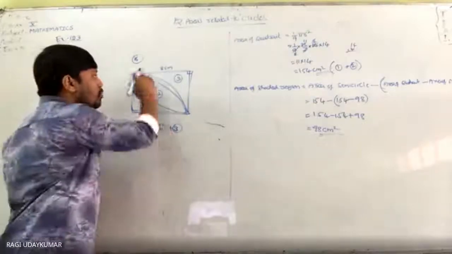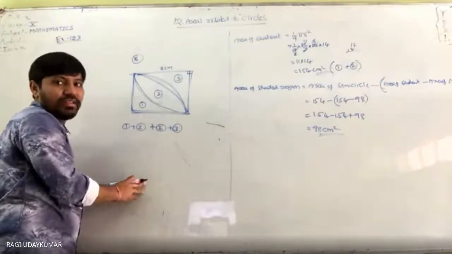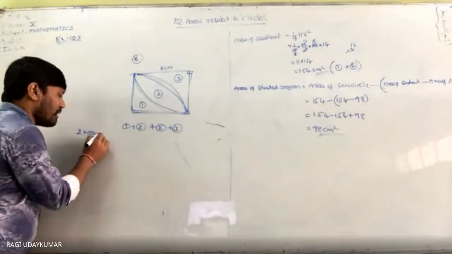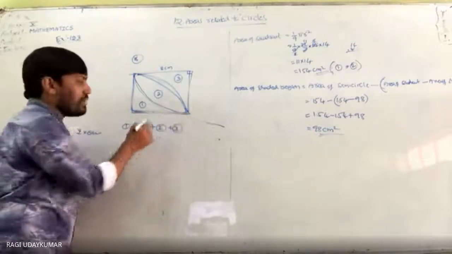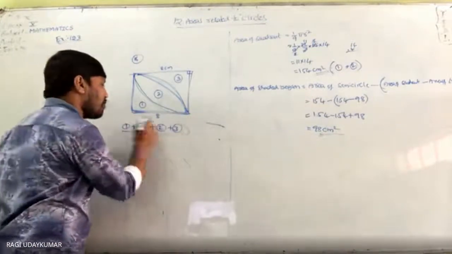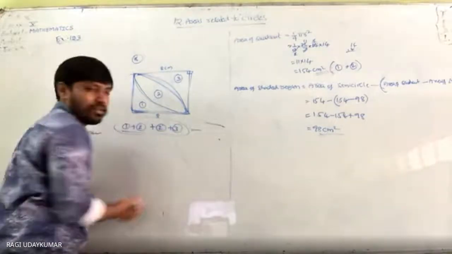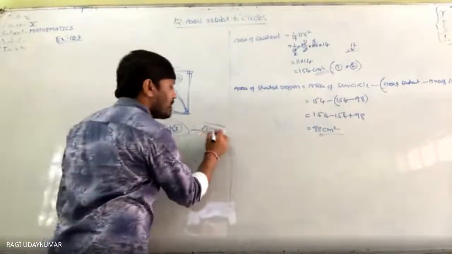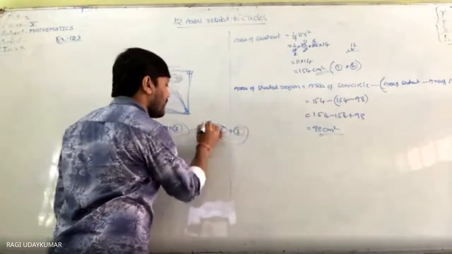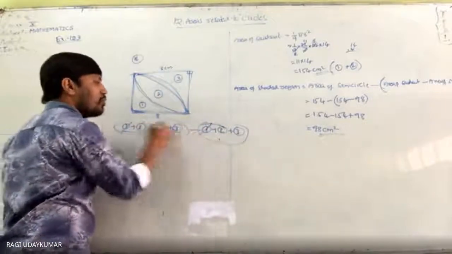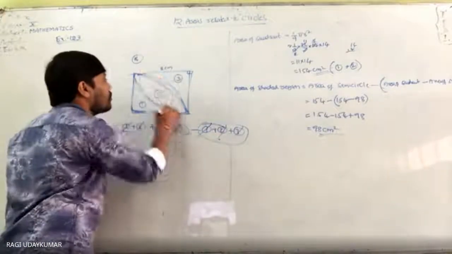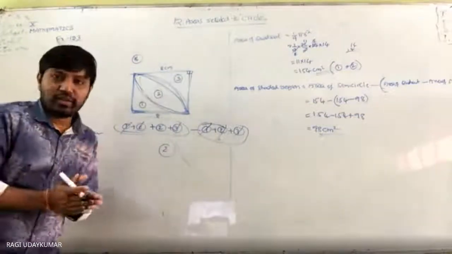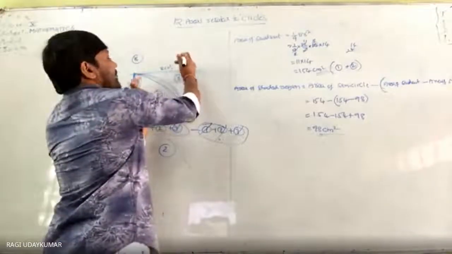So actually the area of 2 quadrants is nothing but twice the quadrant area, because the side is given to you as 8, so you can take it directly. From this subtract the area of the square. The area of the square is regions 1, 2, 3. So 1 cancels 1, 2 cancels 2, and 3 is left. We require region 2, the shaded region.